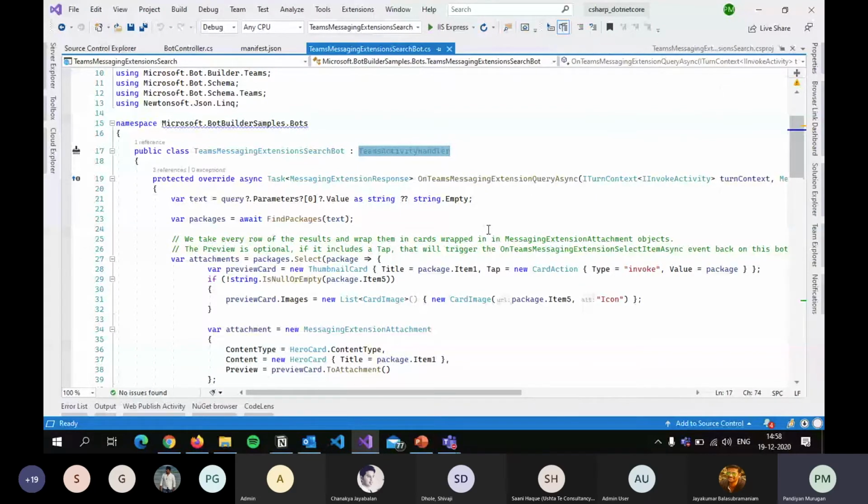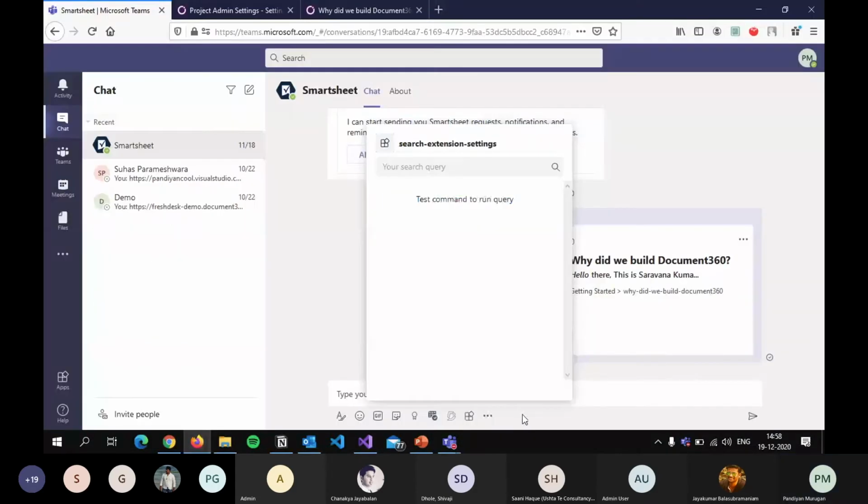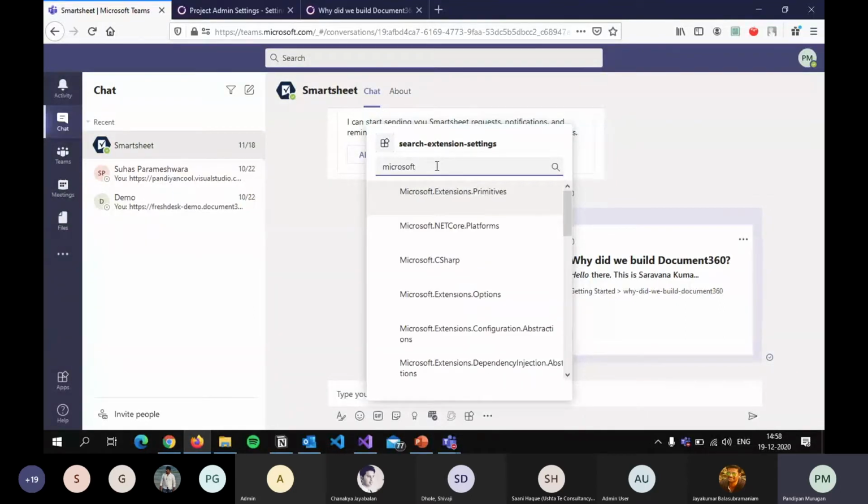For example, it is an app, basically. When we click it, it should do a search here. For example, I'm searching for something, let's say Microsoft. When we do a search, it will attach our user action into this code. Basically, let's consider it in that way. So it will do a query here, and this query will call this method.